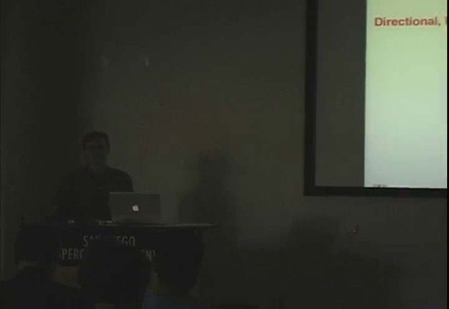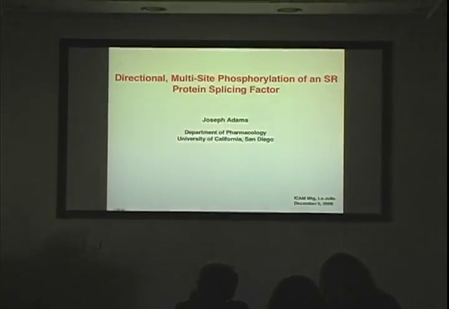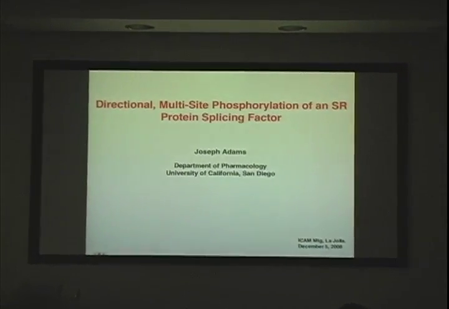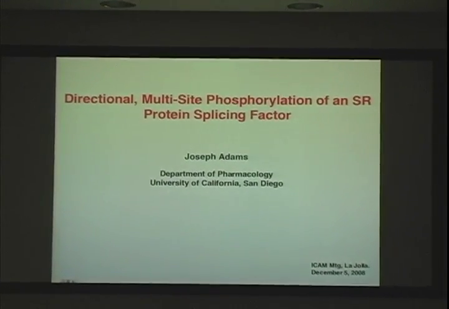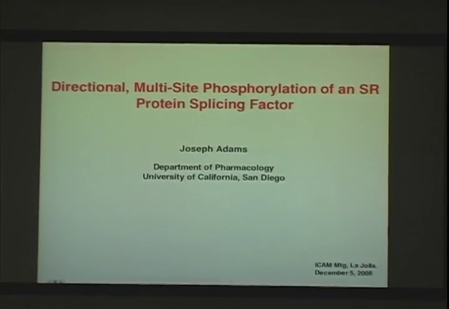And as Don said, this is somewhat of a continuation of a talk that started this morning with Gori Ghosh, who outlined an X-ray structure for a splicing kinase with an SR protein bound to it. My talk is going to be focusing largely on mechanistic considerations in these types of reactions, these types of polyphosphorylation